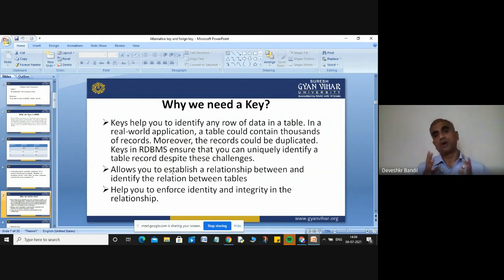Suppose you take a table in which thousands of records exist, and a record could be duplicated. Maybe in your database one record will exist many times. At that time duplication will arise in your database.